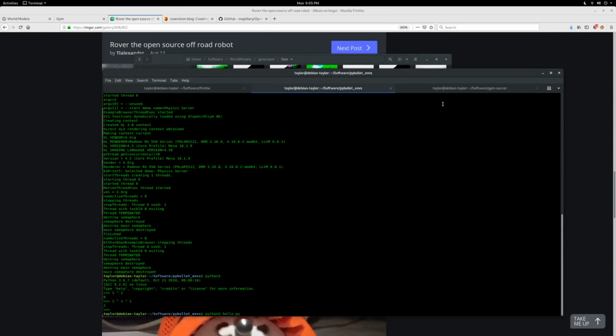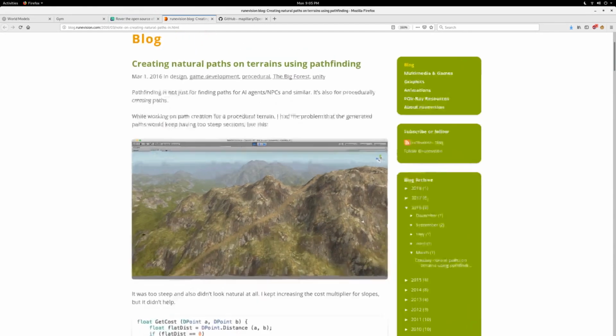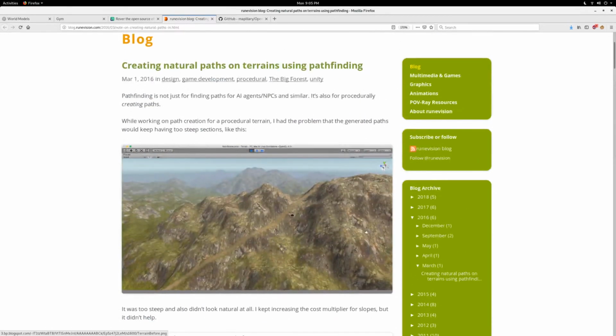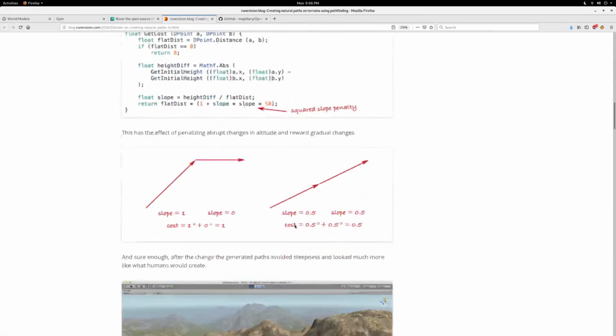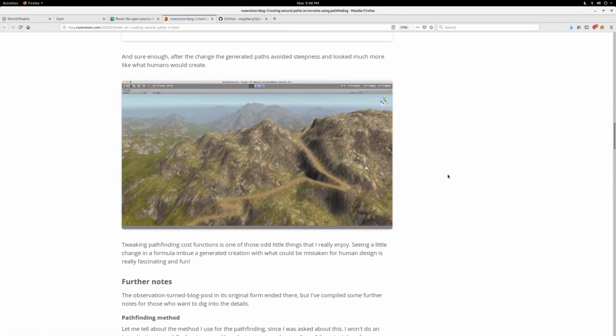So I backed off from Unreal Engine and worked on some other stuff for a while. Finally came back to this project, and I started looking at procedural generation. This blog post was pretty inspiring for me. This individual talks about how he procedurally generated these mountainous environments and how he made realistic looking trails on those environments. He talks about the algorithm and makes sure that instead of having some trail that just goes straight up your mountain, you have a trail that has a more realistic